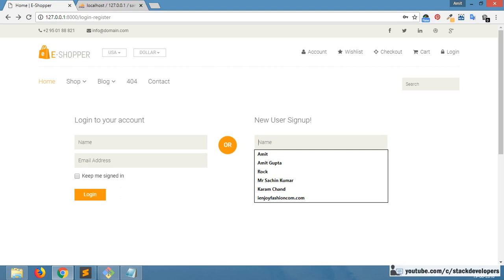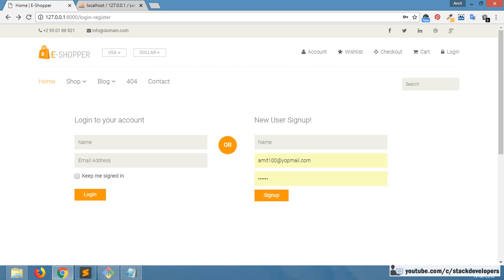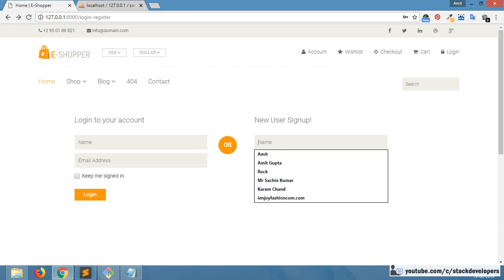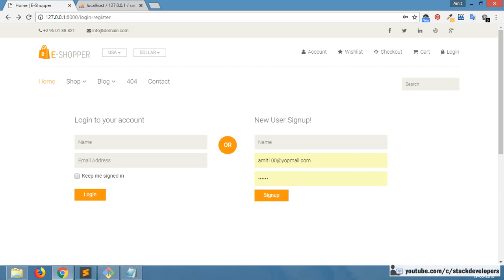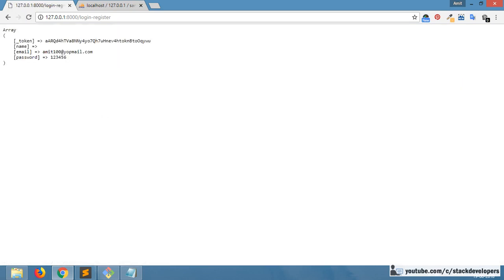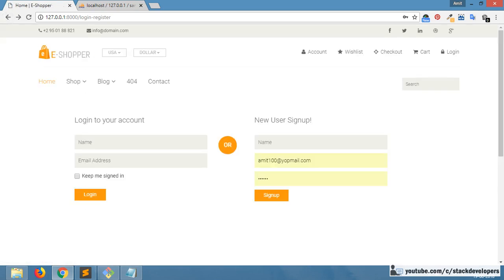You can see that even if you are not filling in any name in the register form, you can click on sign up, and it just goes through without a name. So we are going to add validation, and one more thing that we are going to do,